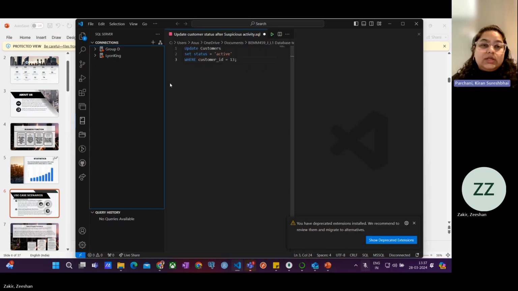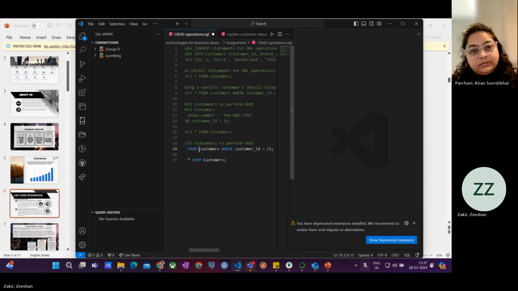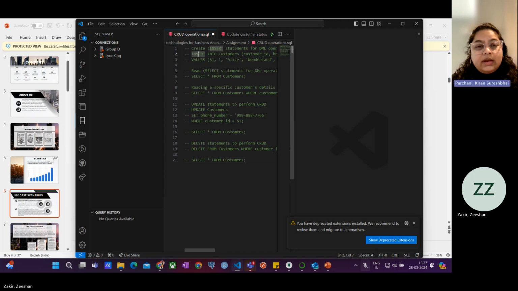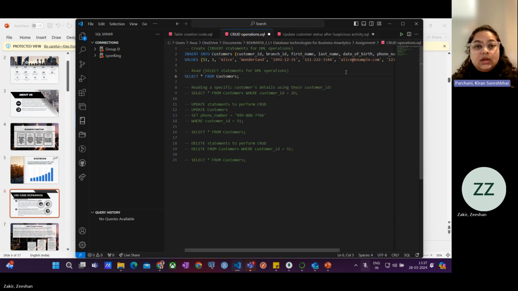Now, let me just move ahead to the second part that I did about the CRUD operations on the SQL, on the database that we have created. So let's go ahead and understand the CRUD operations that we did on the database that we have created. First one is